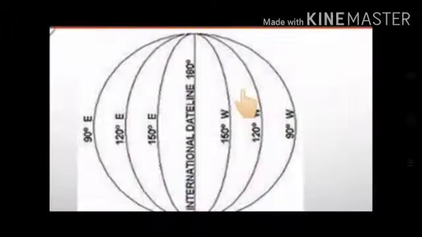Okay, now see this children. Now we are seeing opposite side of prime meridian. This is international date line children. When we have rotated the globe, directions are also changed. Now west direction is here, 90 degree, 120 degree, 150, and this is 180 degree. Here east, 90 degree, 120 degree, 150 degree, and this is 180 degree. Children, this 180 degree longitude is shared by both the longitudes.